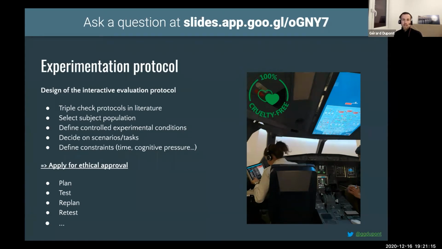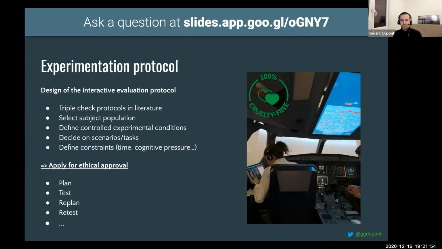So we selected in the end not these test pilots, but student pilots, which were for us a better indication of how the future pilot will use our system. First of all, because the current pilot in training might be the user of this system in the future, in 10 or 15 years. So these are the actual future users. And also we wanted to test with pilots with a little bit less experience and maybe more sensitivity to the use of technology. So we selected these student pilots.